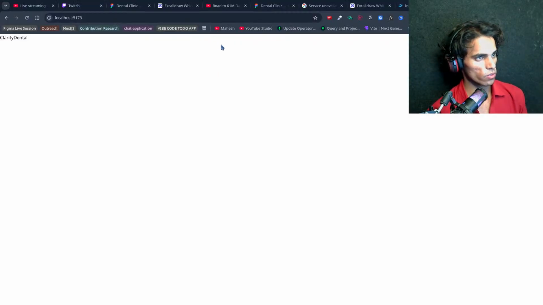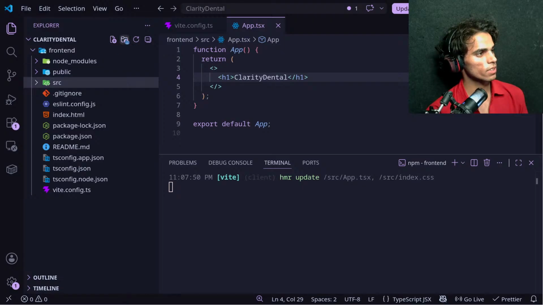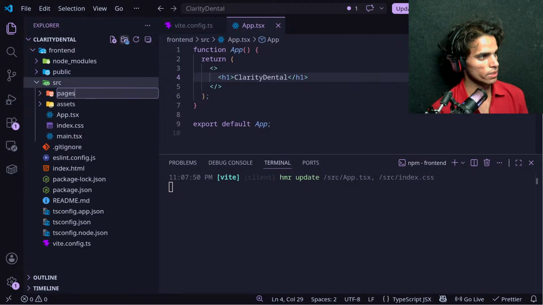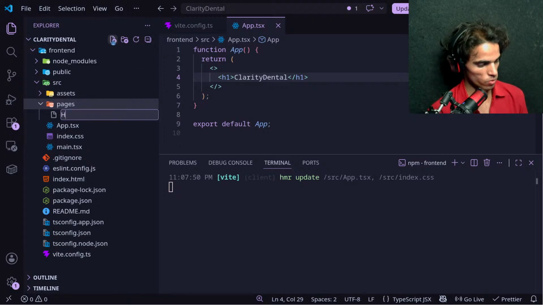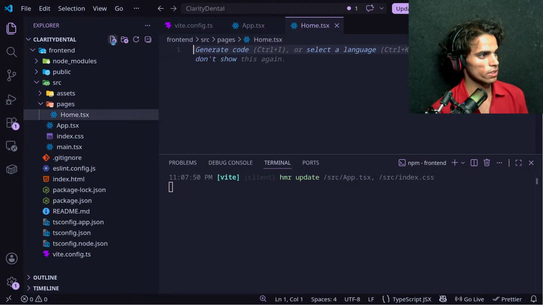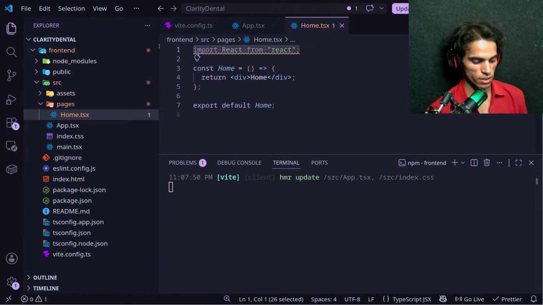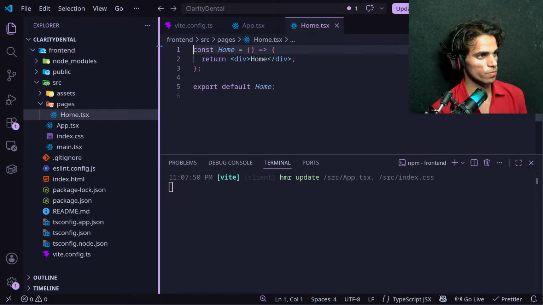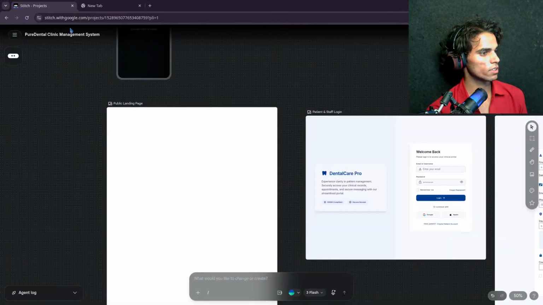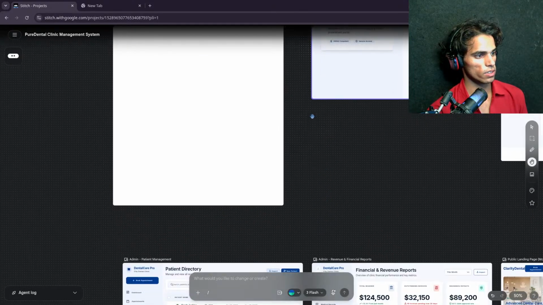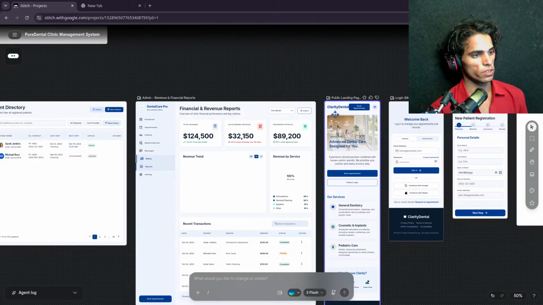So first we are going to design our landing page, and src will have pages, and inside pages we will have home.tsx, rfc, and get this. And if we open this, this is the home page. Okay.